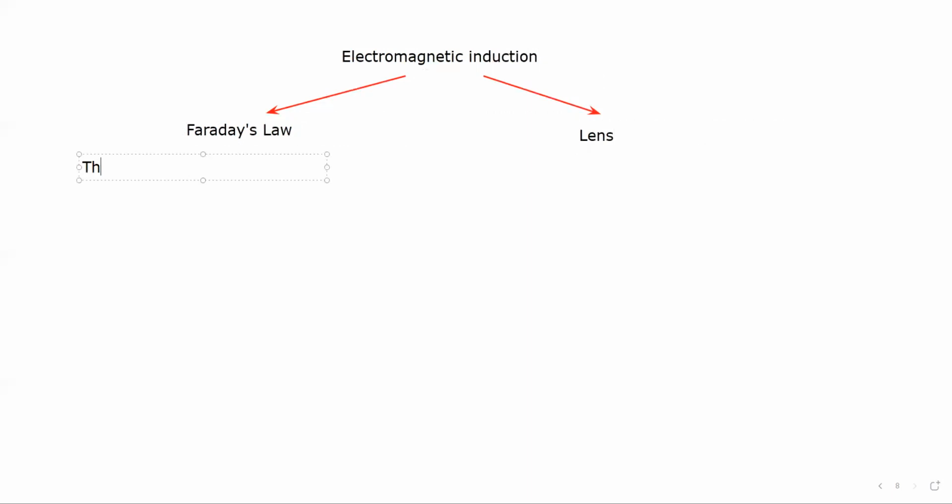It is stated that the EMF induced is proportional to the change in magnetic field. So what it states is that if we change the magnetic field at a greater or faster rate, the induced EMF will be higher. So if you have a magnet,